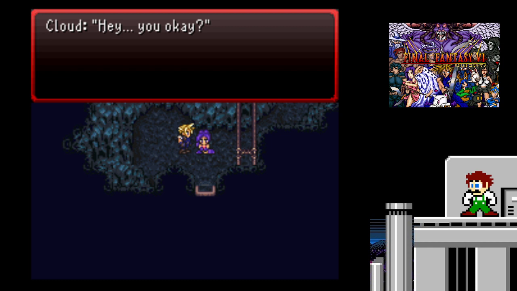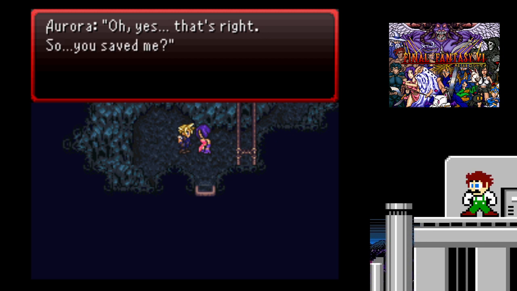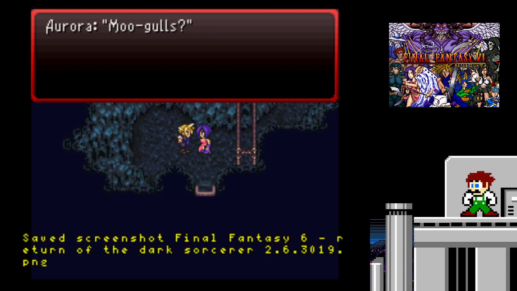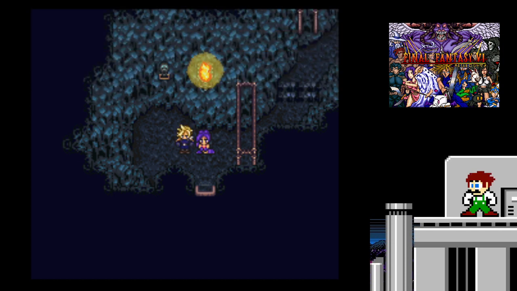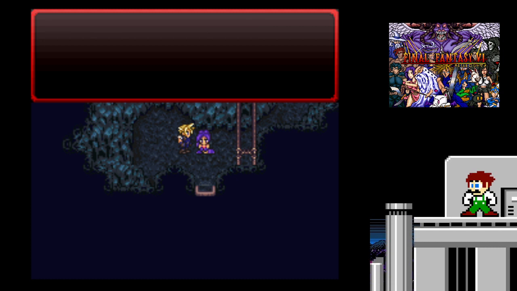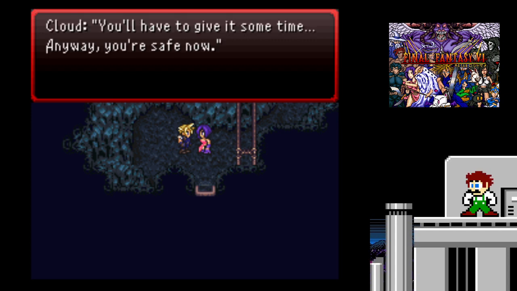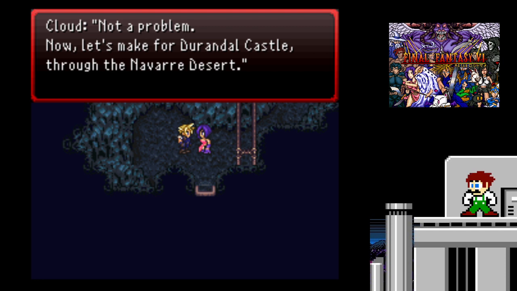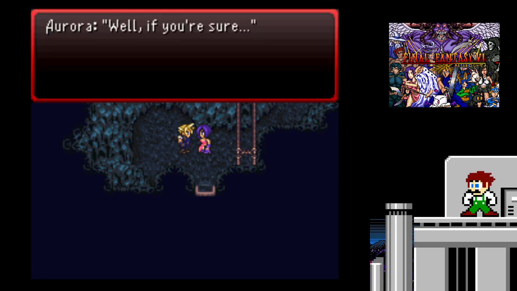Hey, you okay? Where am I? What happened? You're in the mines. Part of the floor collapsed and you fell. Oh yes, that's right. So you saved me? Thanks to the Muggles. Who goes? Oh, my head. I can't remember anything. You've had quite a day. Nanny told me that my memories would return. Have to give her some time. Anyway, you're safe now. Thank you. Not a problem. Now let's make for Duradal Castle through the Navi Desert. Castle? Won't there be a lot of people? Don't worry, they're on our side. So, if you prefer...